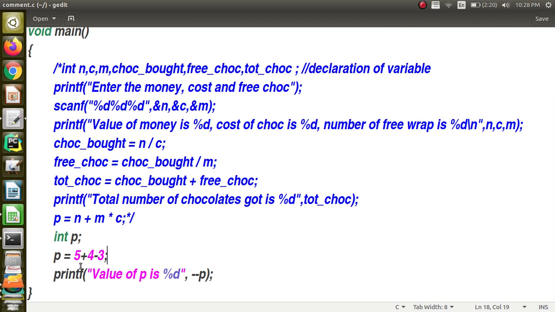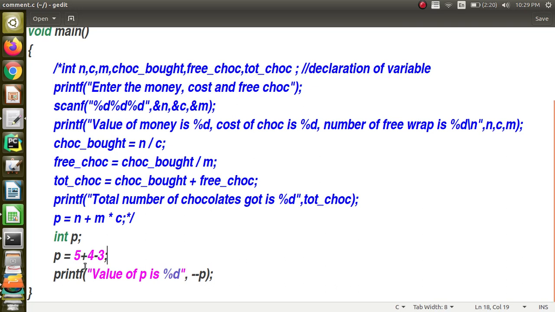Multiplication, division and mod operators all have the same precedence. So when you have more than one operator in an expression with the same precedence, which one should be done first? That is decided by the associativity of the operators. Generally most of the operators have left to right associativity. Only a few exceptions are there, that I will tell you later.